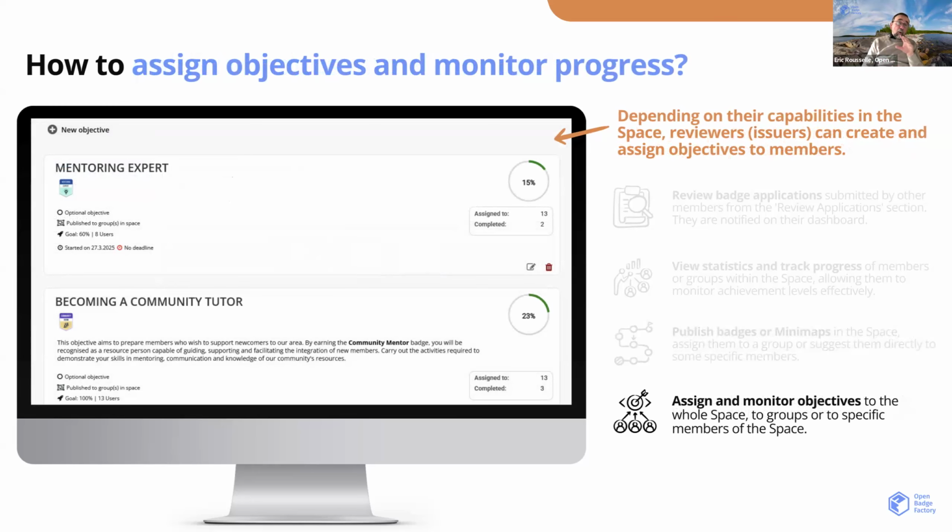The idea of space level objectives, for example here, if you look at the mentoring expert, is that you have set up that 60% of the audience, 60% of the members of the space, meaning here 8 users, which is quite strange because you can see 13 here, but we'll have to complete to get this badge before the 27th of March. Okay.